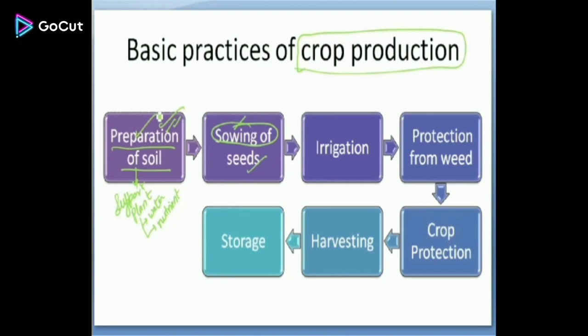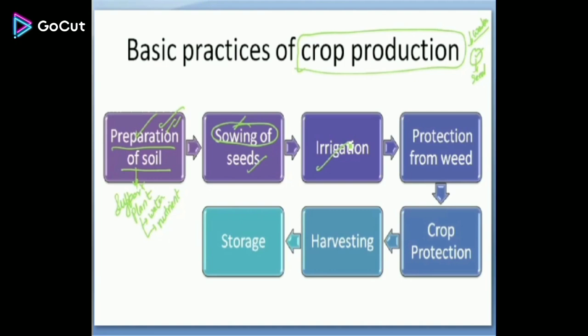Now once we have sowed the seed, what is the other requirement for the plant to grow? As you all know, in a seed there is a small plant which uses nutrients from the seed, and it needs water as well, because for our growth also we need nutrients, we need water to stay healthy. In the same way, the seed also needs water and different nutrients to grow. So irrigation is a very important part of agriculture.